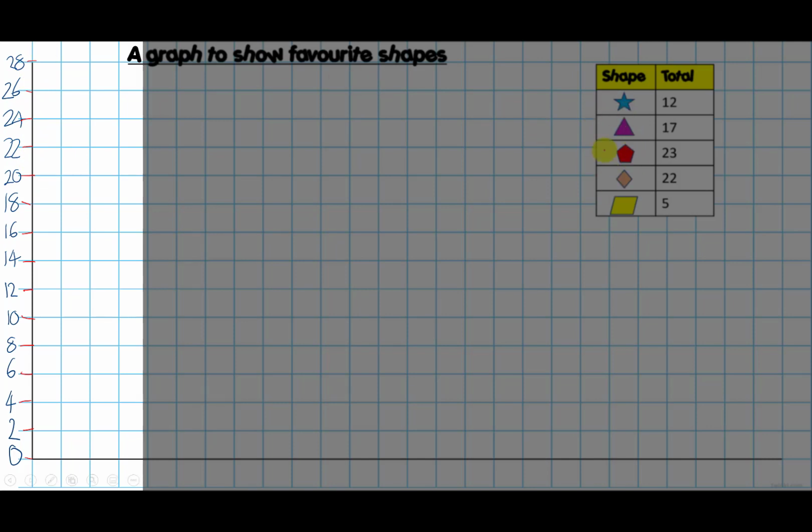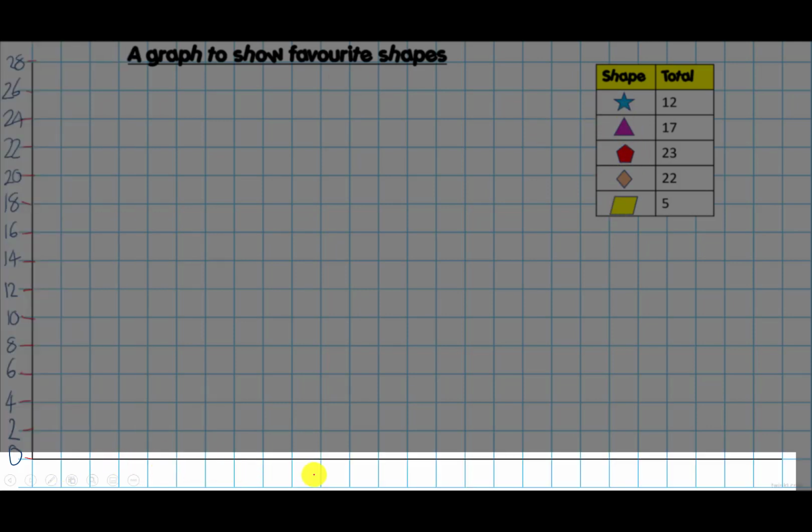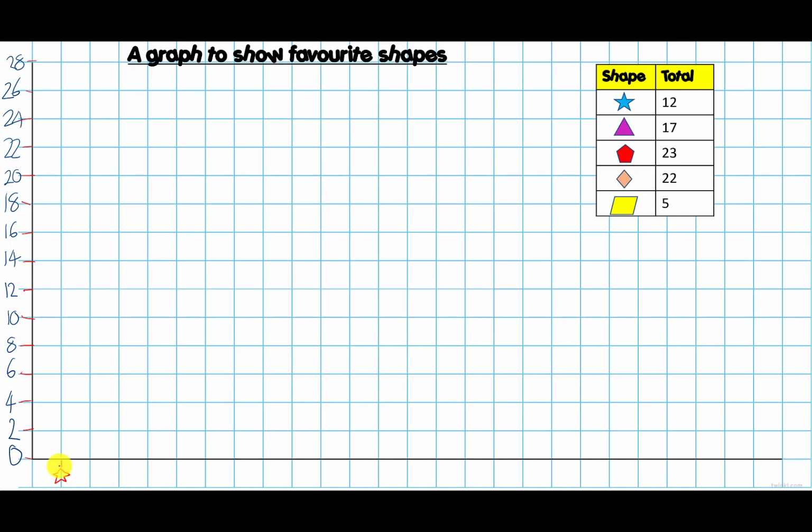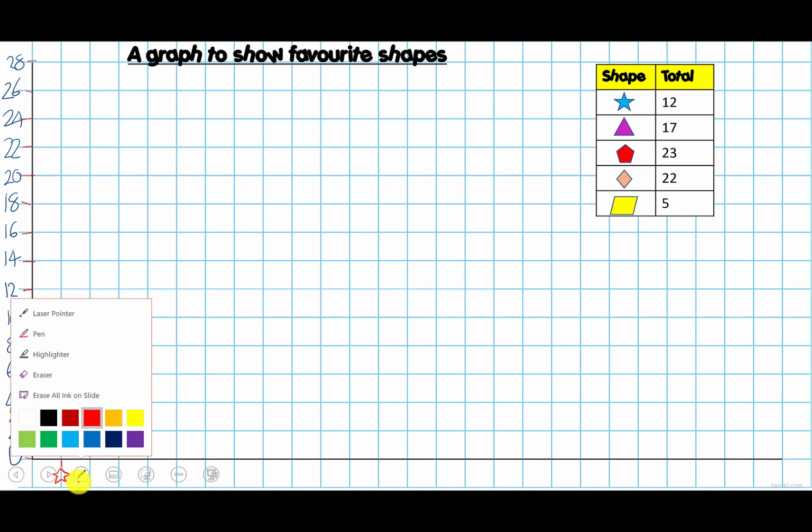But our category that we're measuring down the bottom, they do not go like this. I don't put my star there. I would do that for a line graph, but not a bar chart. Now, what I'm going to do is give each